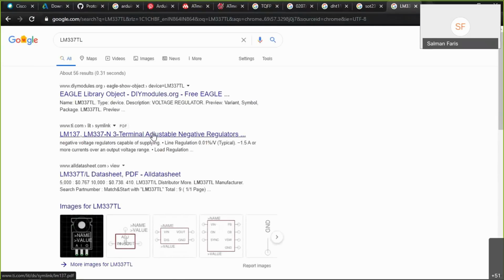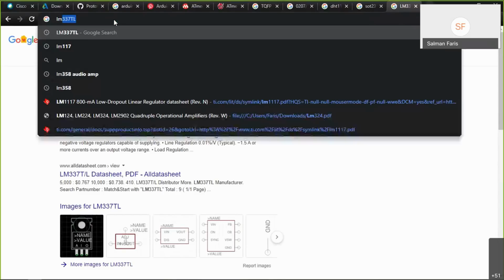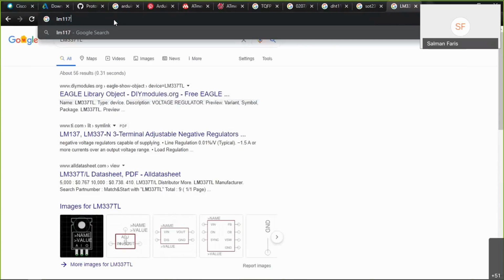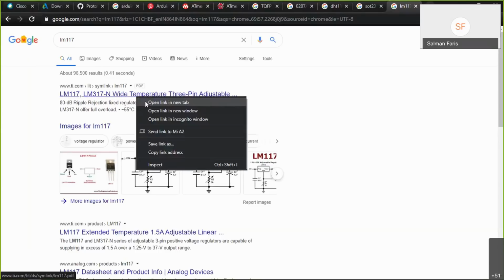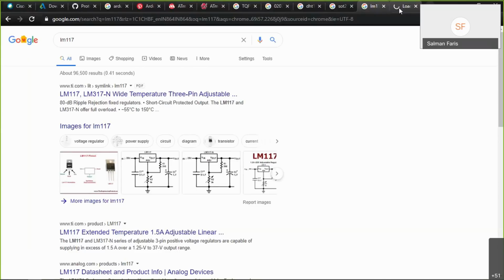Three terminal just negative regulator, so we don't need that. Okay, we are planning to use LM1117. Next, I'll show you how we can add a library from the web to our PCB